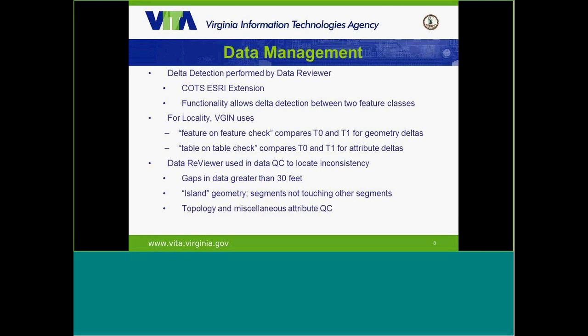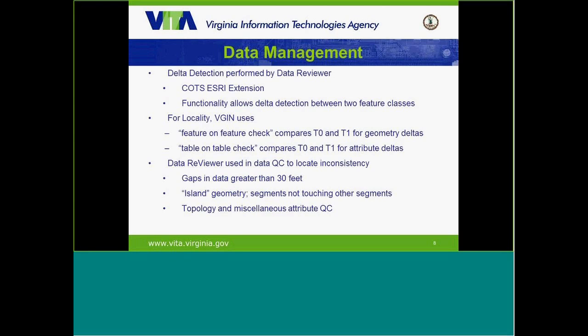This compares the T1 and the T0 for geometry deltas. The T0 means that this is the older data set, like maybe back in January, that was submitted. The T1 would be their data set that was submitted just this July. So we'll compare those two together to see if there's any change or inconsistencies between those.